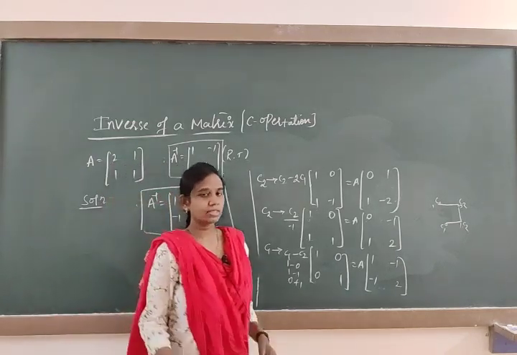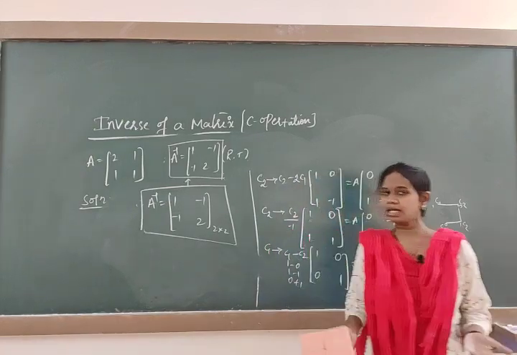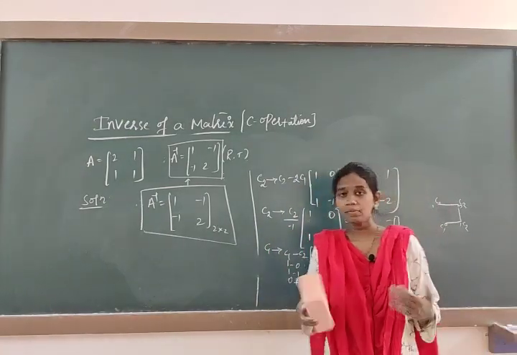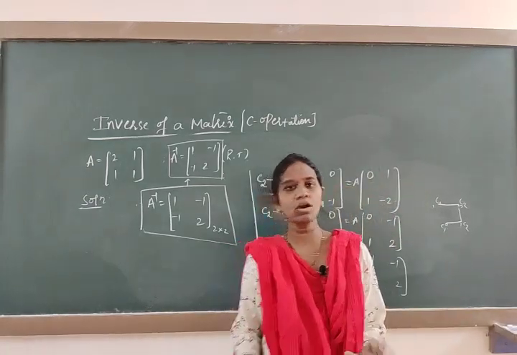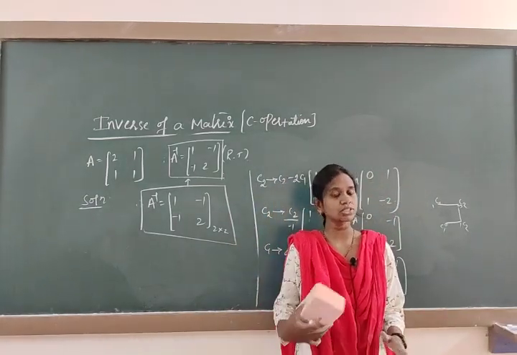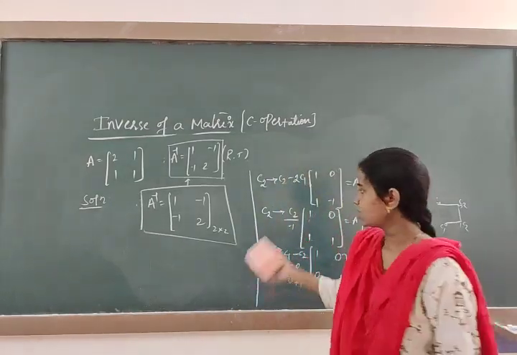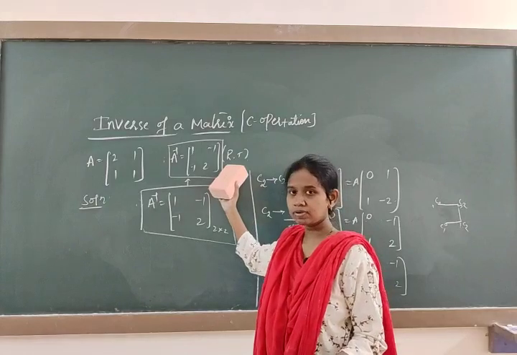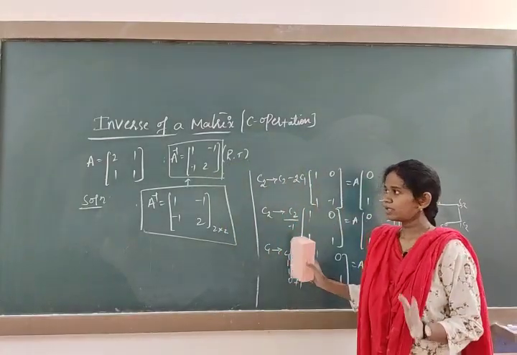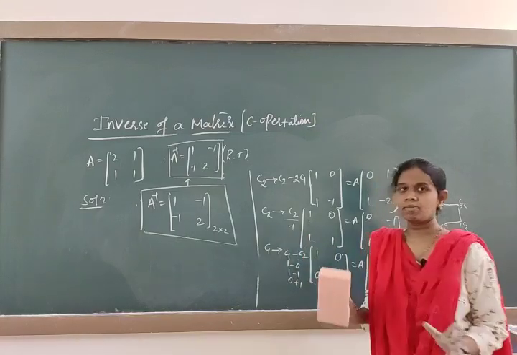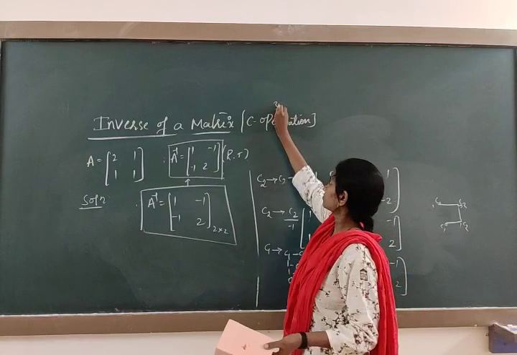As I said, in the examination they are going to ask only to find the inverse if it exists by using elementary transformation. They are not going to mention row transformation or column transformation. Whichever is convenient for you, you can go with it, because the inverse is unique. Some students will prefer row transformation, some will prefer column transformation, but these are the questions for 3 marks. Compulsory inverse questions will be there for 3 marks.